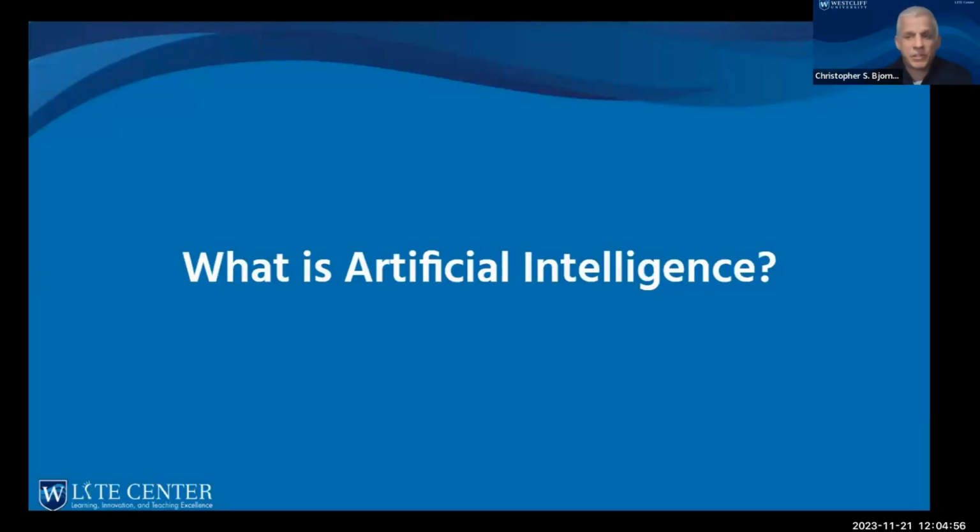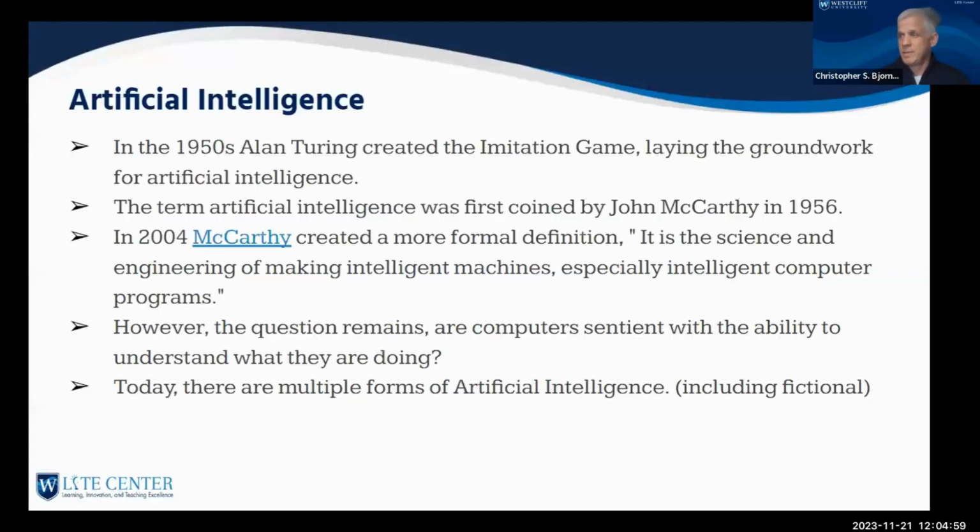Okay, what is artificial intelligence? In the 1950s, a gentleman, Alan Turing, an English mathematician, created the imitation game, which set forth a series of questions that researchers could ask a computer to determine whether the computer was generating authentic responses, or whether these responses were really related to the inputs of the developers or computer scientists.